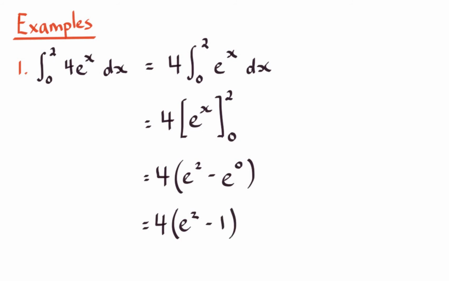And while we could go and compute this as a decimal number, which is approximately 25.5, we know this because e has a specific value, 2.718 and so on. But ultimately, this decimal value is unnecessary, and we can just keep our answer in exact form. So 4 outside of e squared minus 1 is our answer for the first example. On to example 2,